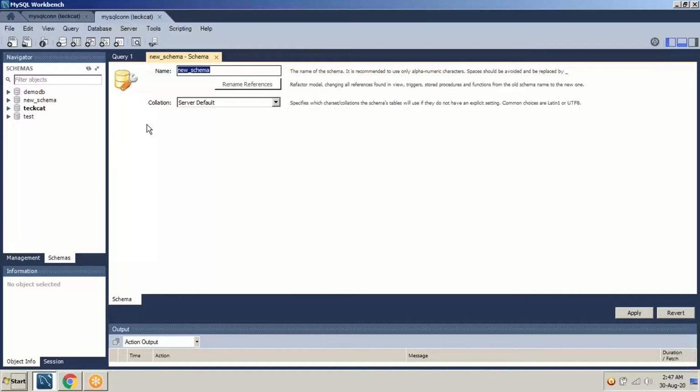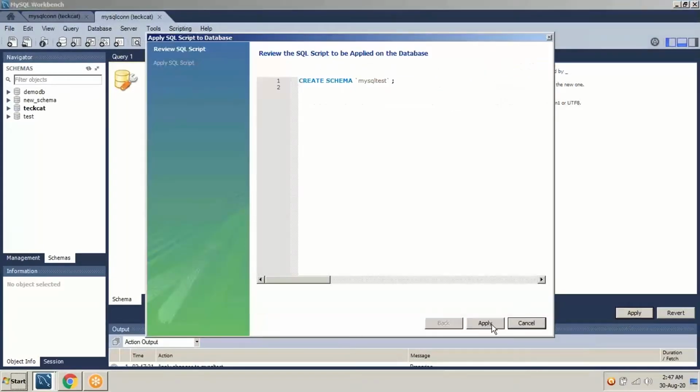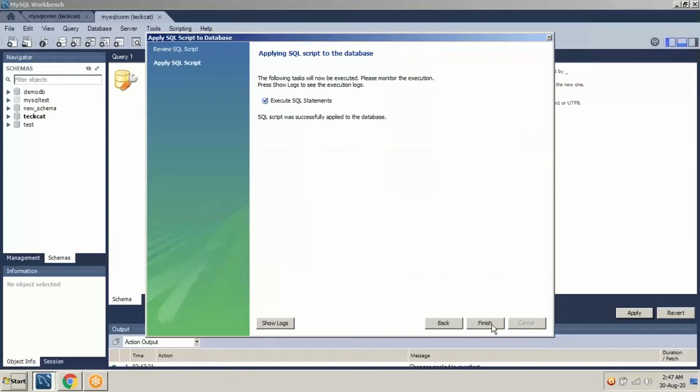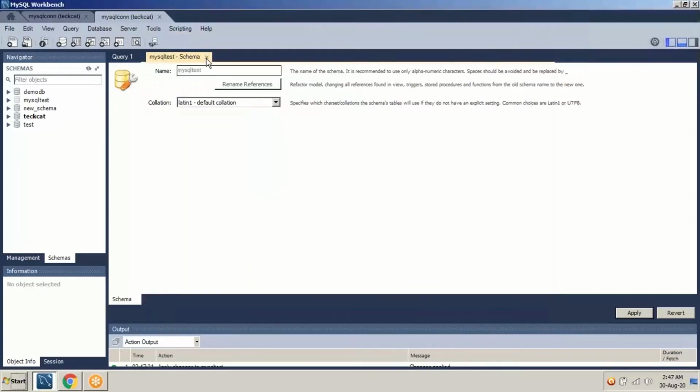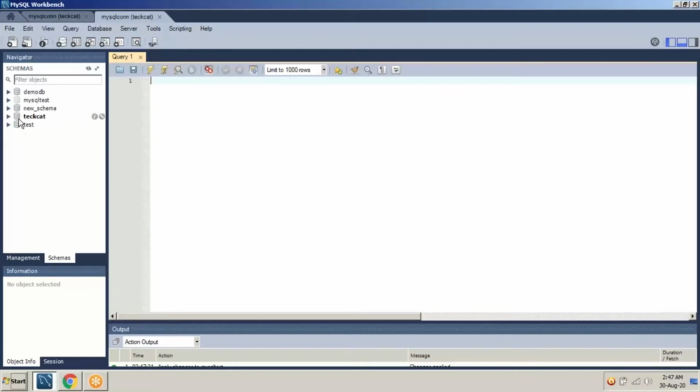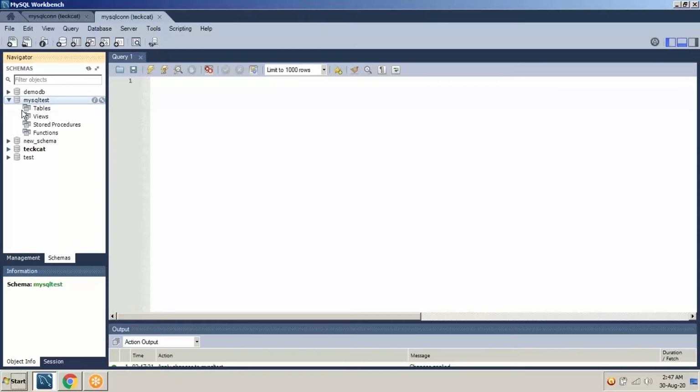We will write MySQL test, and we will just apply. So what you can see over here is that a new schema with the name MySQL test has been created. It means that we have created a small database.